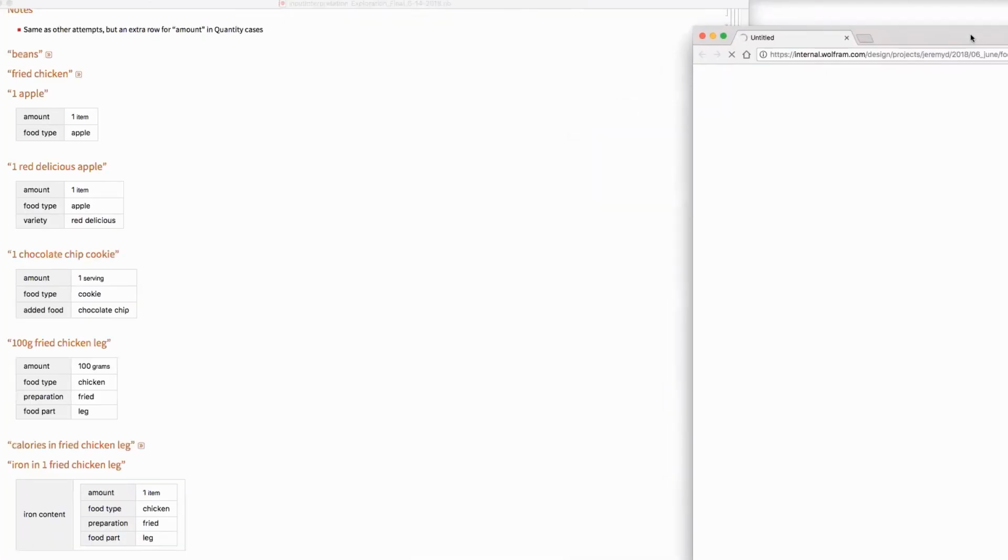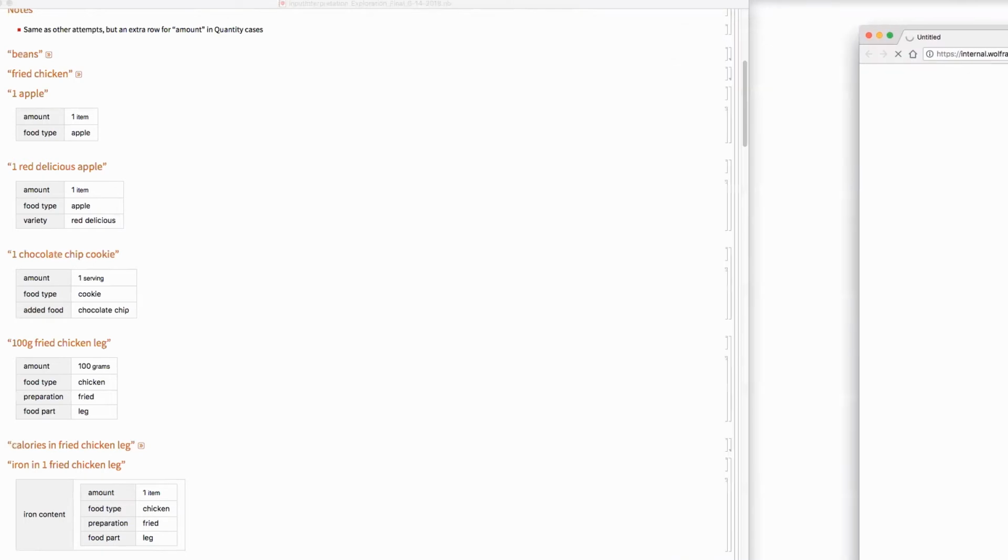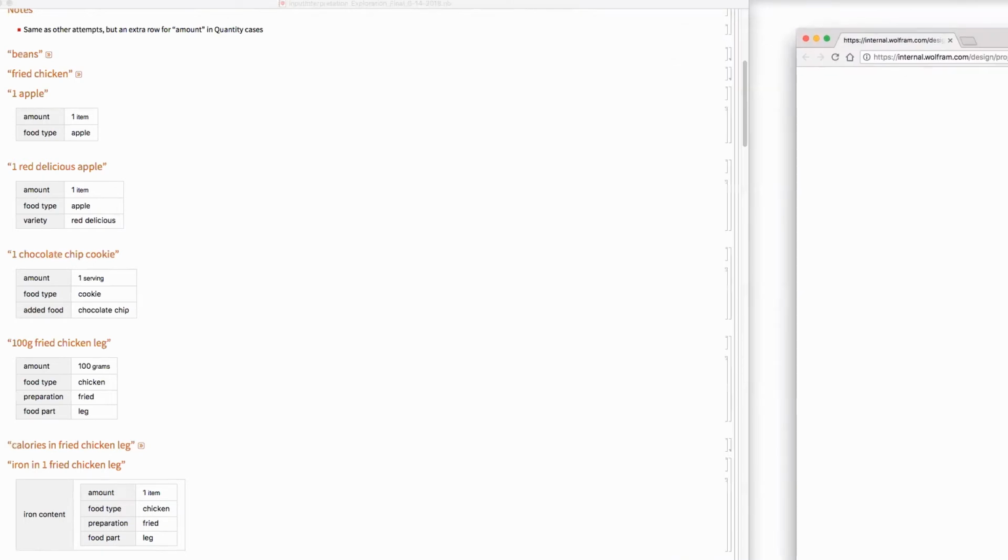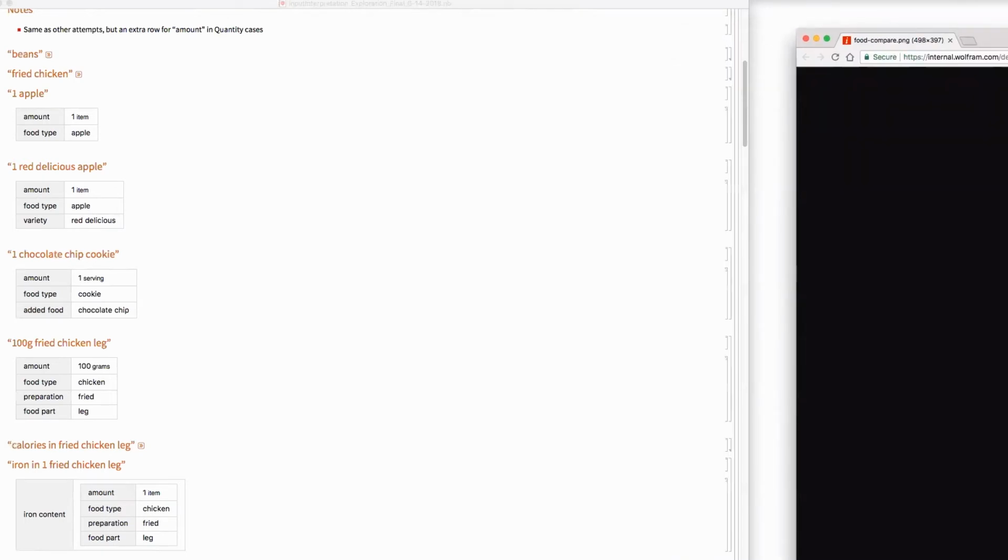Let's see Jeremy's thing here. Why is internal taking forever to connect? Okay, but